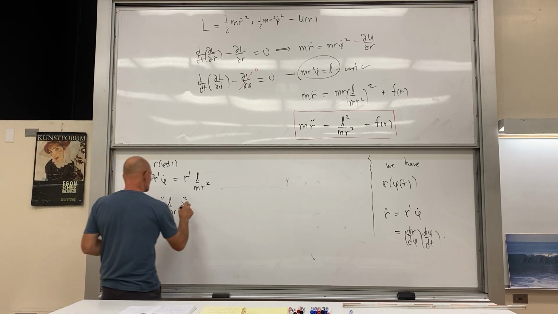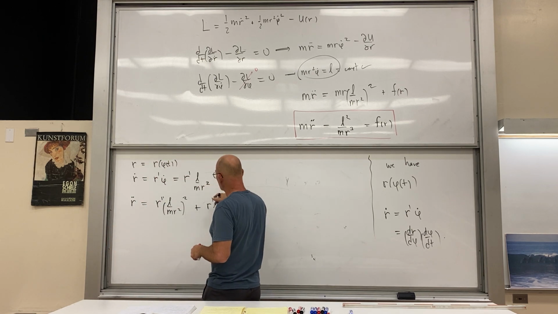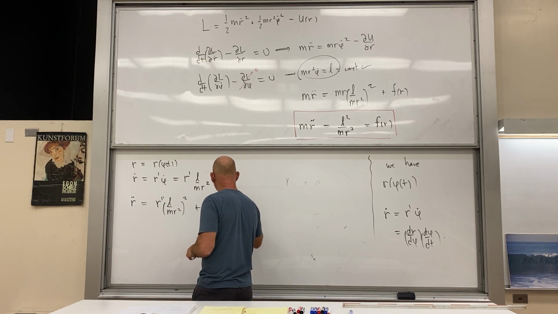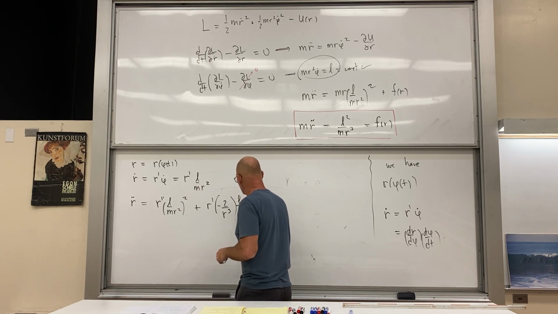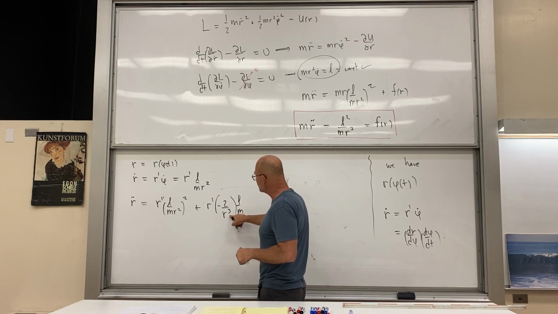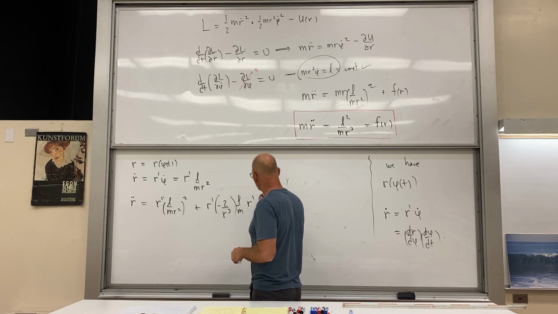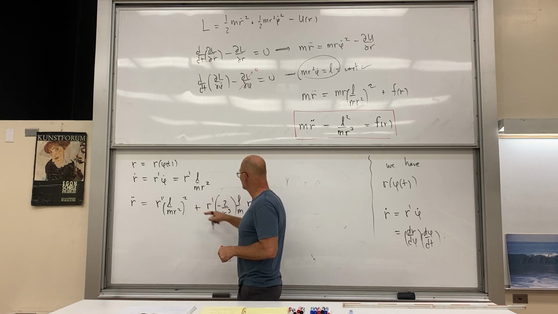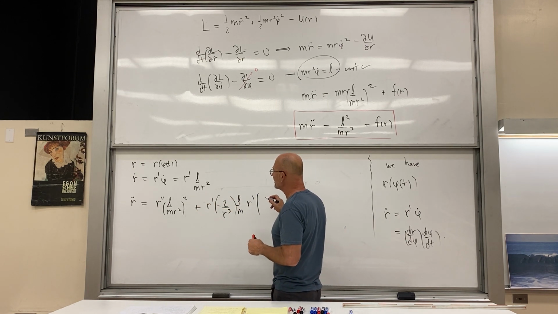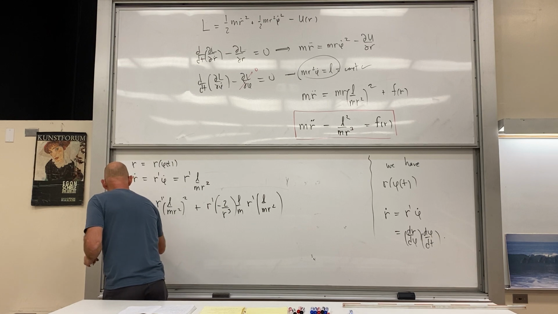And then we're going to have plus r prime, and then here we have r squared in the denominator, so minus 2 over r cubed, L over m, okay, so minus 2L over m r cubed, and then we've got the r prime, and we have the phi dot again. So yeah, you got to be careful with that chain rule, and the phi dot is again L over m r squared. So now we just have to clean this up,